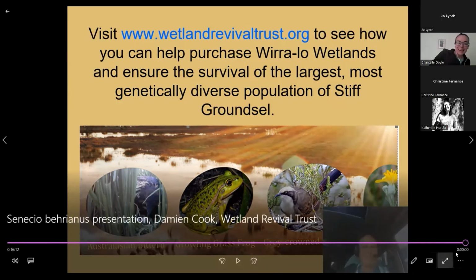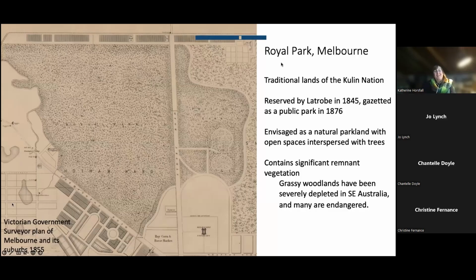Thank you to Damien. Really interesting, the unintended impacts of disturbance on habitat for threatened species. We're going to jump to Catherine Horsfall's talk now, while we're thinking about urban impacts. So Catherine's going to posit a few ideas about the future of urban environments for conservation translocations. Catherine, if you are ready to go, that would be great. Catherine's from the University of Melbourne, by the way, and currently working on a PhD in urban restoration, I believe. So thanks for having us.